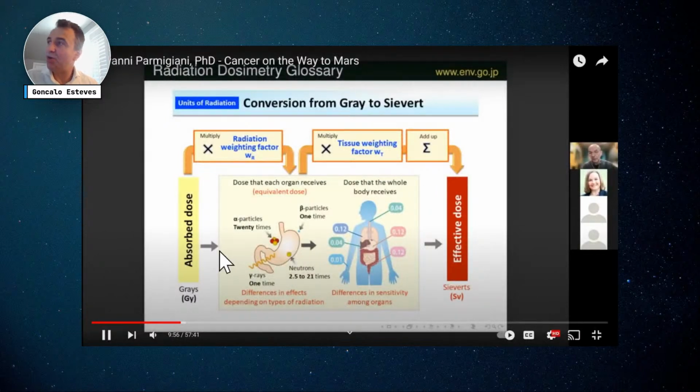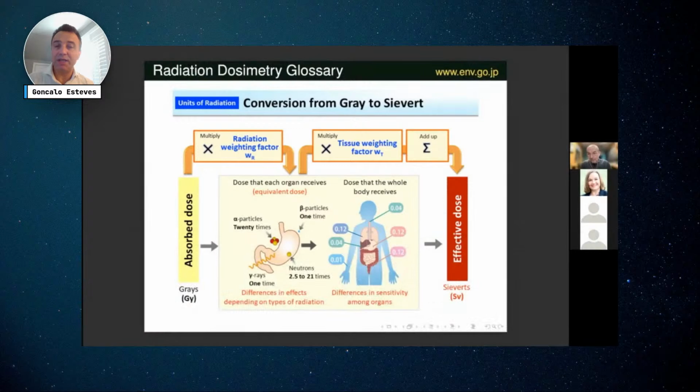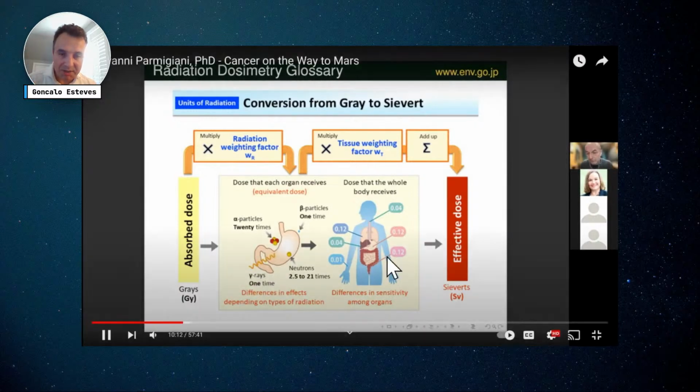There is also a study put up by the Japanese government after a nuclear power plant was hit by a tsunami, which illustrates how an effective dose is conceptualized, at a very cartoonish level.